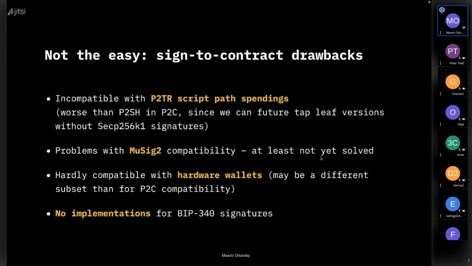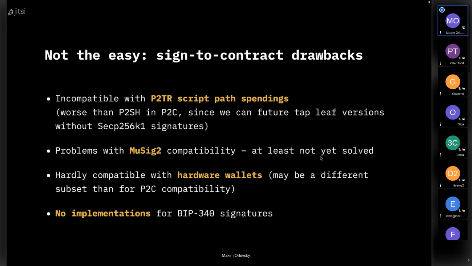Unfortunately, it is not that easy. Sign to contracts have their own drawbacks. First of all, it became apparent that they are not compatible with pay to Taproot script path spendings. Why? Well, because Taproot allows future script versions after certain soft forks, which are not present today. And these custom scripts may use completely different types of signatures or no signatures at all. And we can't be sure that we will be able to apply sign to contract commitments into these future script